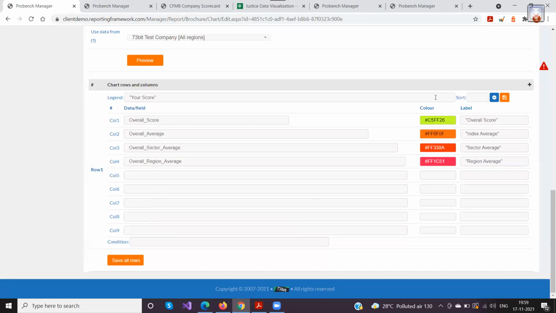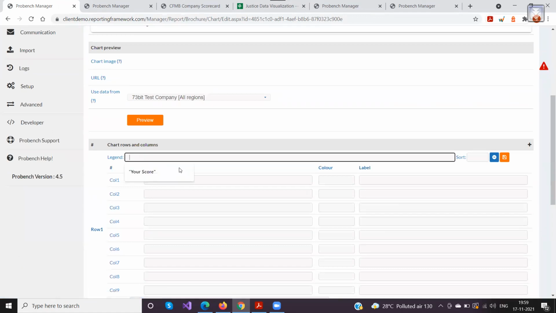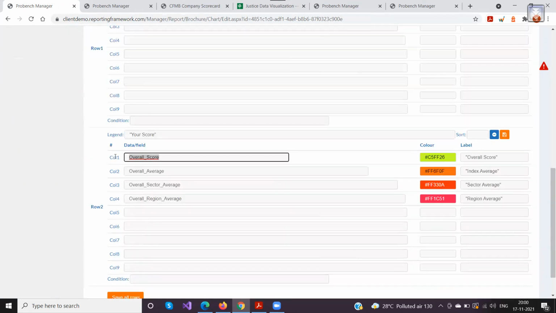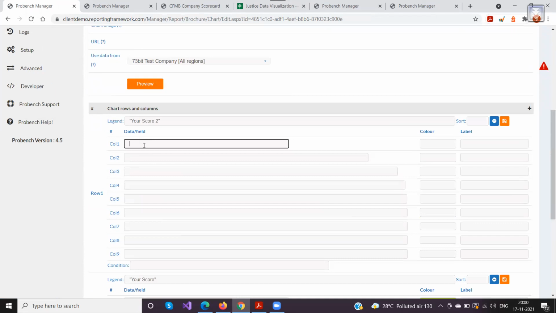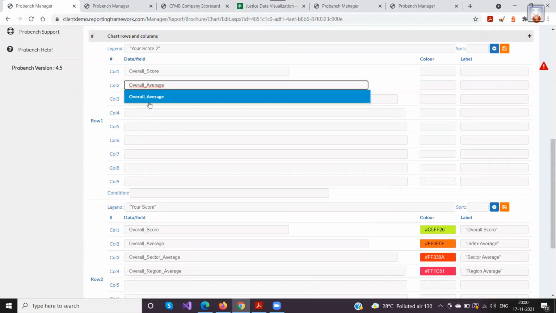You can have any number of such categories. Just to explain, if I add another category, say your score 2, and then for demonstration purposes, I'll use these fields here. These fields are the actual data that comes from the data set.